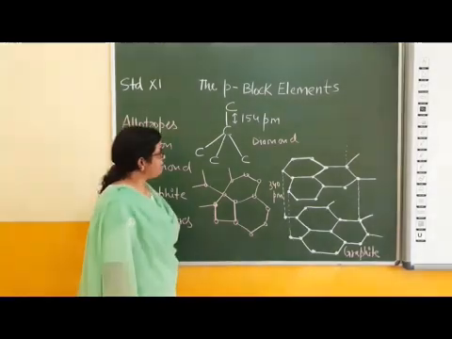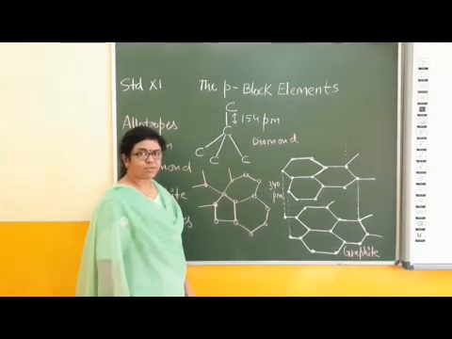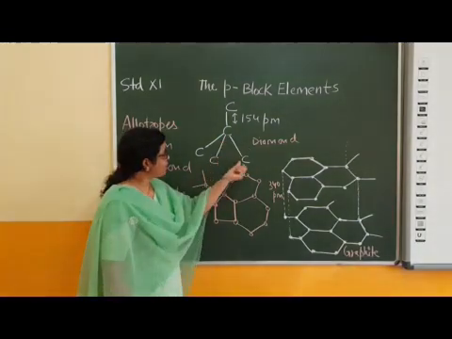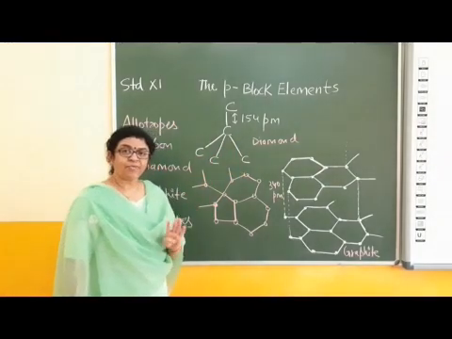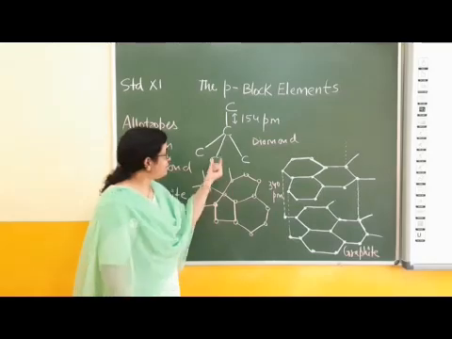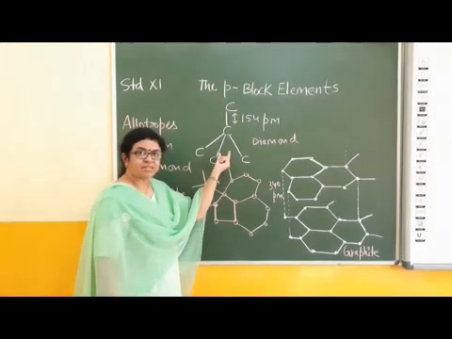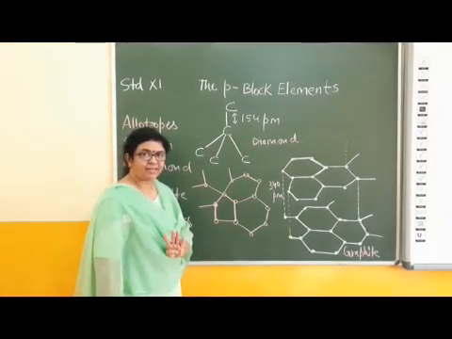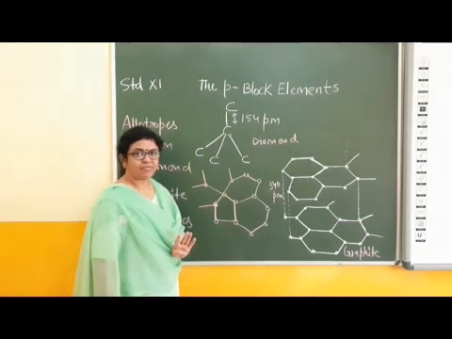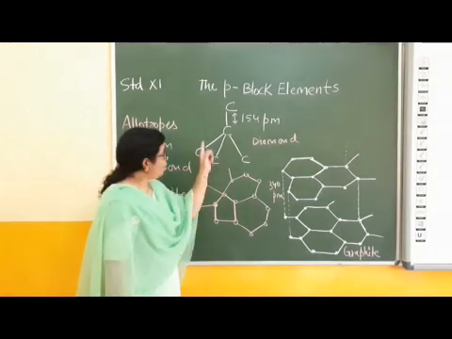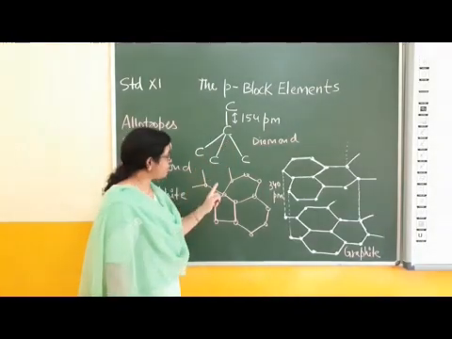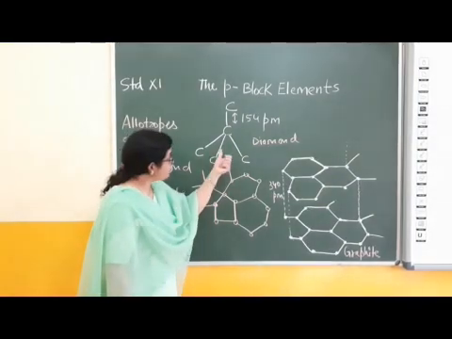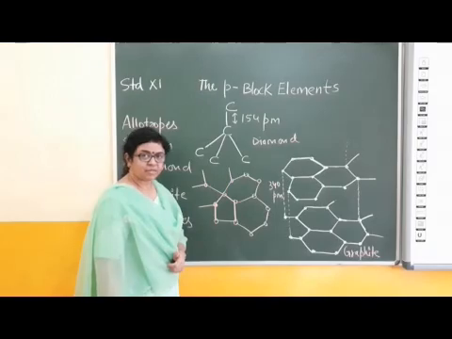What is the structural difference between any two allotropes of carbon? First one is diamond. What is the arrangement of carbon atoms? Maximum covalency of carbon is 4. And this arrangement shows satisfaction of all 4 valencies of the carbon atom in which form? In tetrahedral form. Diamond is the hardest material due to this tetrahedral arrangement of carbon atoms.